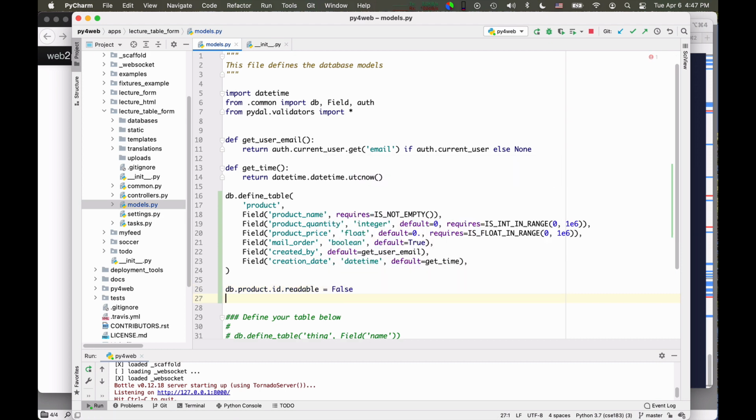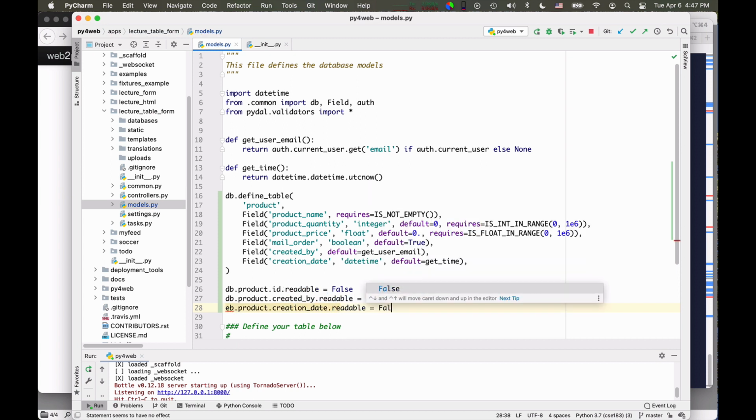Every table has an id field that is automatically added, and I don't want it to be visible, so I declare it to be readable false. db product created by readable is equal to false. In this way the information will stay in the database but not be visible. db product creation date readable is equal to false, and this also hides this, okay?